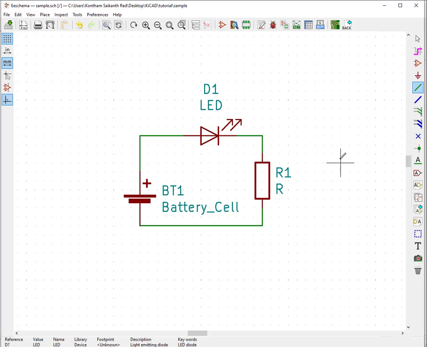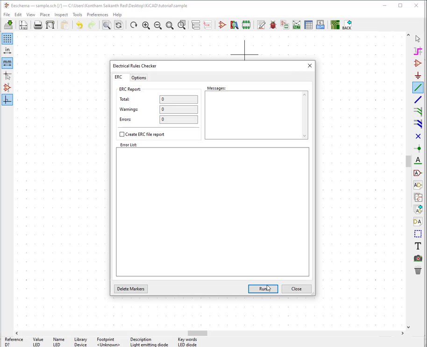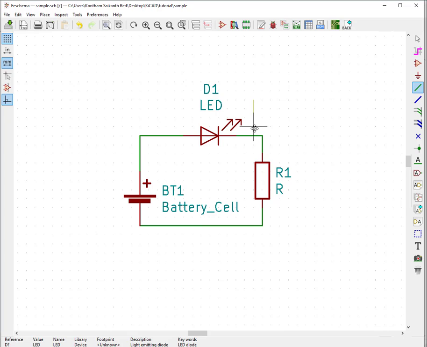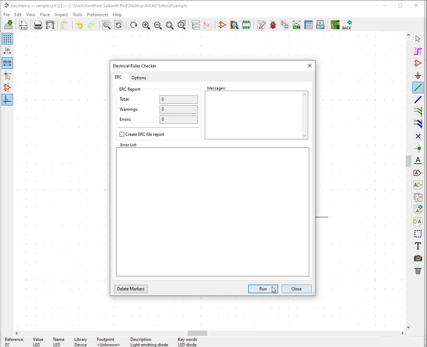To run the electrical rules check, we need to click this one. This performs an electrical check for us. It says finished, which means we don't have any electrical errors. To see how electrical errors are shown, delete this wire and click run here.